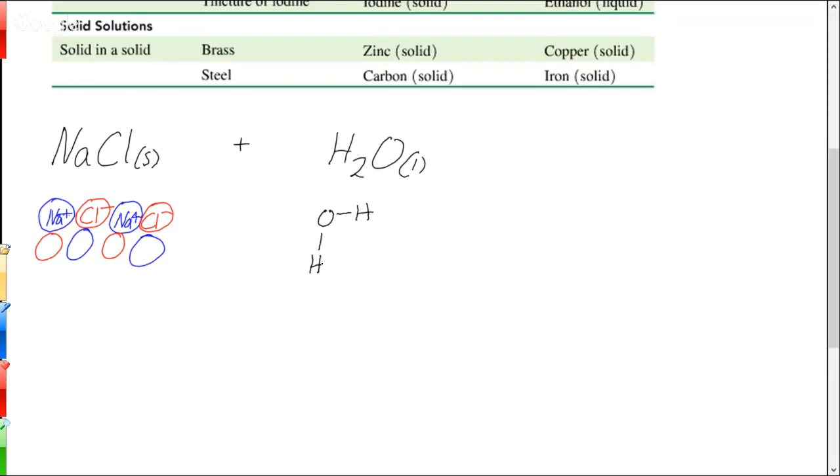So you've got your water molecule, which has a positive side and a negative side. We always said the positive side is the hydrogen. The oxygen has the negative because it's more electronegative. And then those connect with other water molecules through this hydrogen bonding interaction,